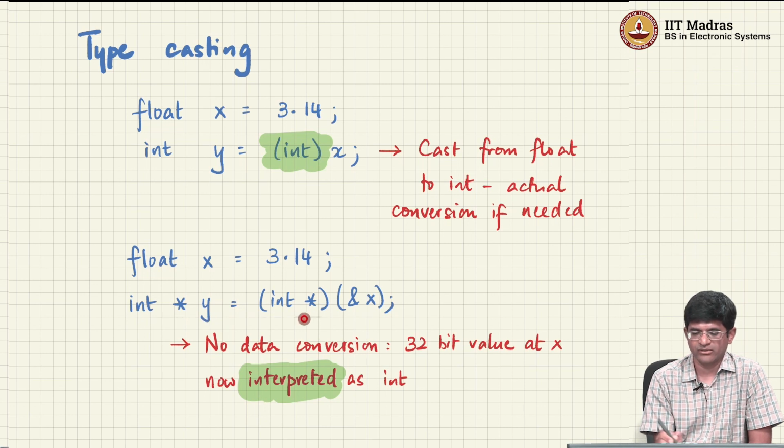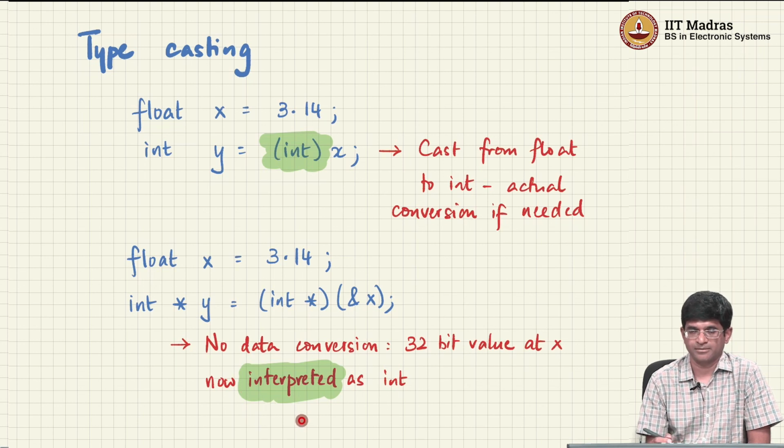So it's not an integer. I just want something which is going to take this 32-bit floating point number and look at it as an integer, right? This does not do a data conversion. It does not, for example, take 3.14 and round it down to 3. It takes the 32-bit value that we have for the floating point number and just treats it as an integer and prints out that value that you have out there,